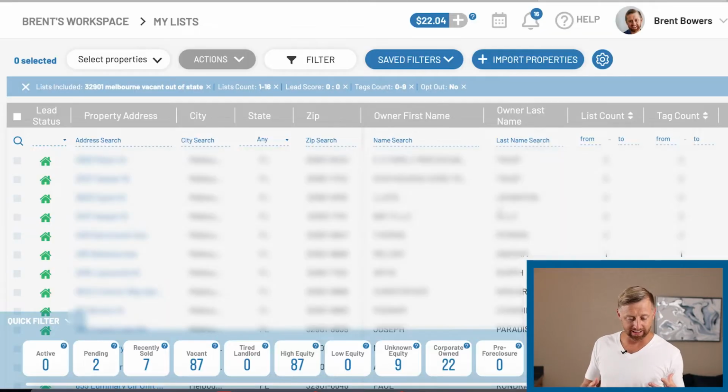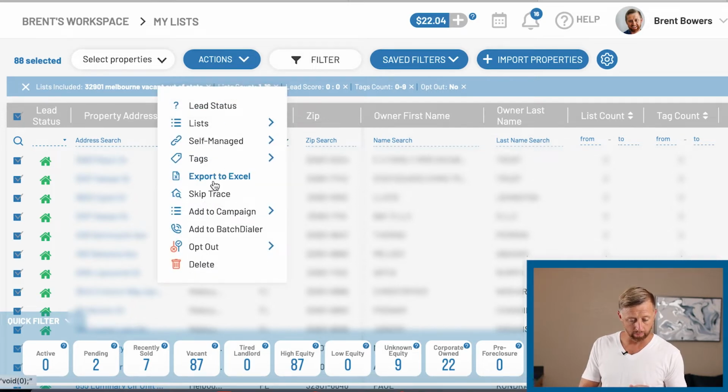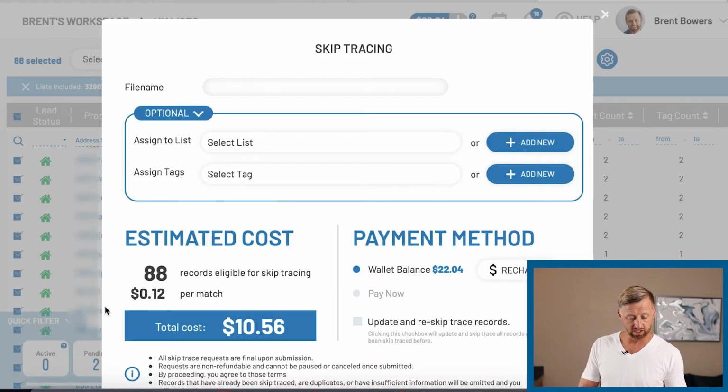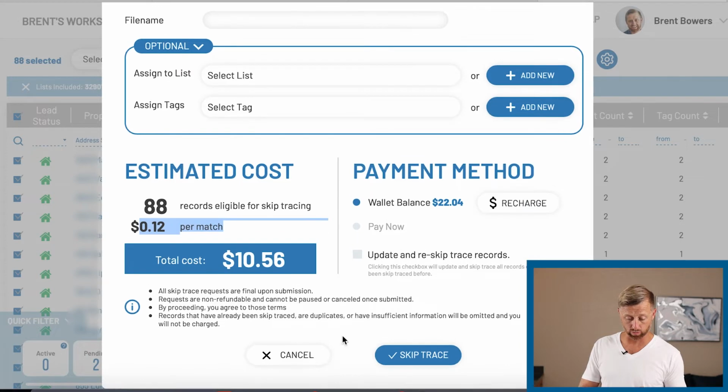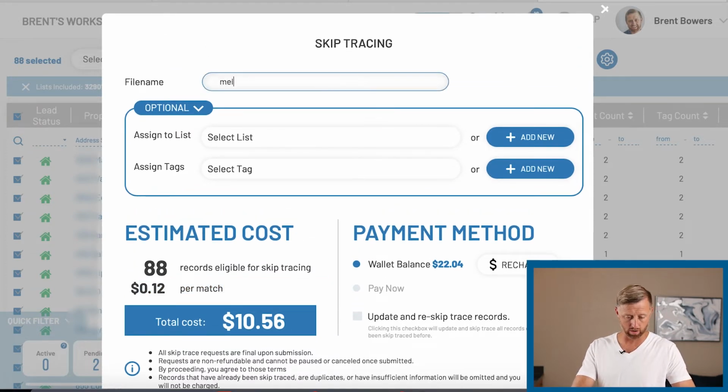So now I can see the list, and then to skip trace the phone numbers for this list, I'm going to select all of them, all 88, and then I'm going to do actions, and then I'm going to skip trace the list. So I'm going to do 88 records. It's going to cost me 12 cents per record, so roughly $10.56 is what I'm going to pay. I'm going to have to save it a file name, so I'll just call it like Melbourne vacant property,